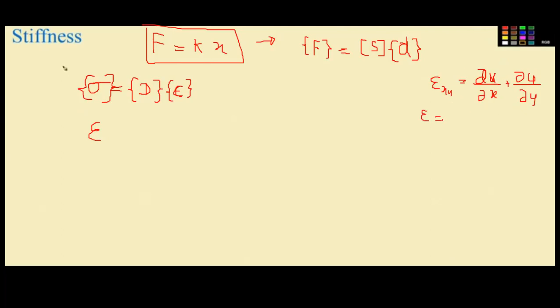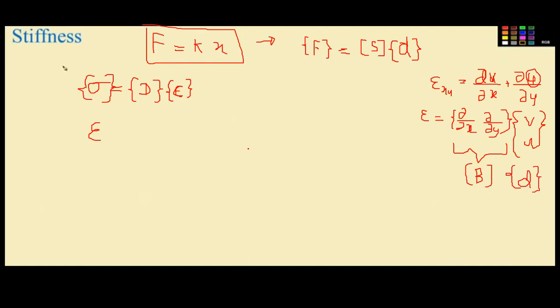So you can write this in matrix form, daba x, daba y, into v and u. This thing you can call B, some matrix, right? This is the displacement, right? So you can write this as B into